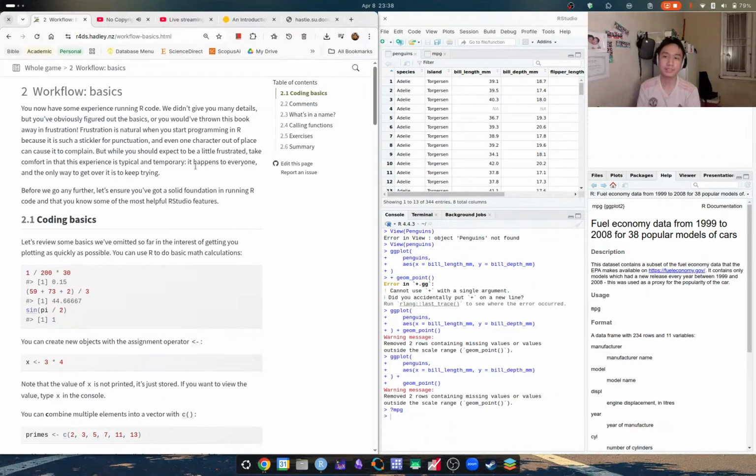Again, it's a case sensitive language. But while you should expect to be a little frustrated, take comfort in this experience. It's typical and temporary. It happens to everyone. Yeah, basically when you start learning programming, one thing that you have to really keep in mind is that